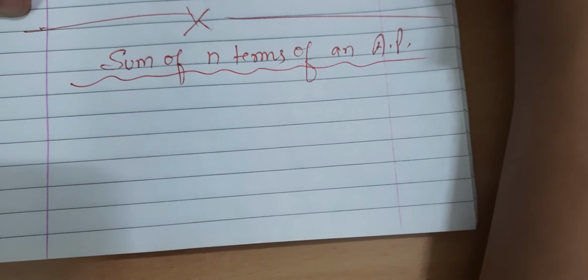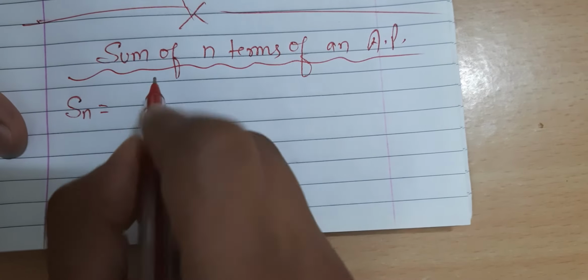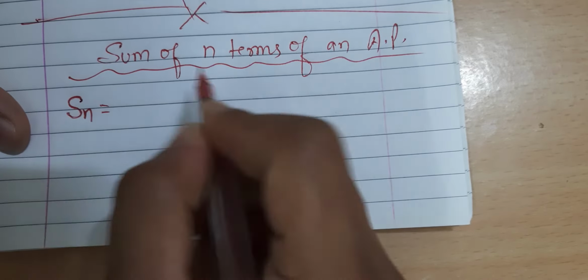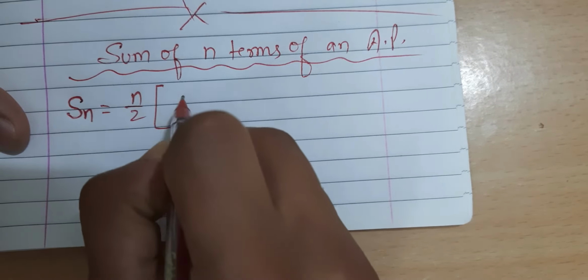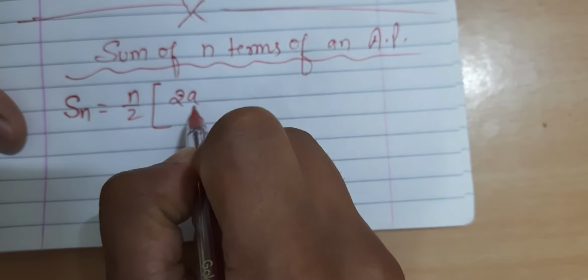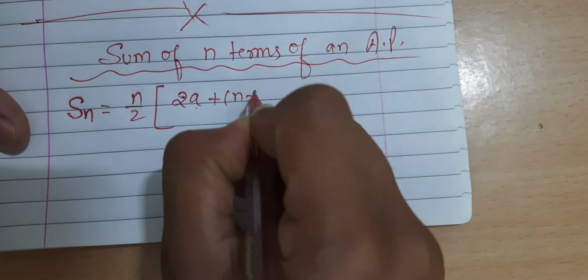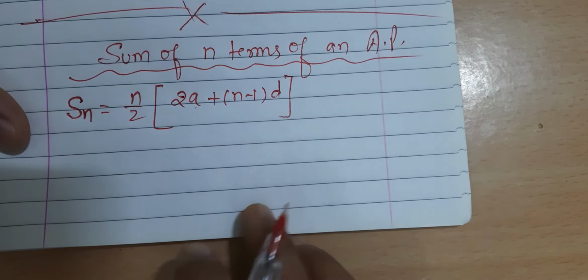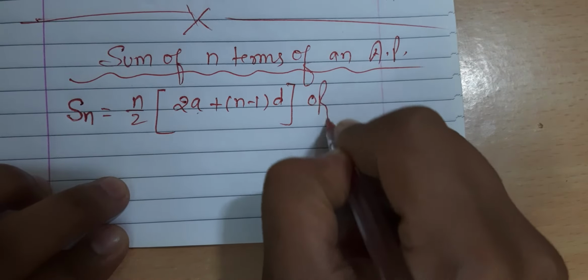Now we can also find the sum of n terms of an AP, and the formula to find the sum of n terms of an AP is Sn. Sn means sum of n terms: n by 2, where n is the number of terms, times 2a, where a is the first term, plus n minus 1 multiplied by d. We can also write this formula in this form. This formula can also be written as